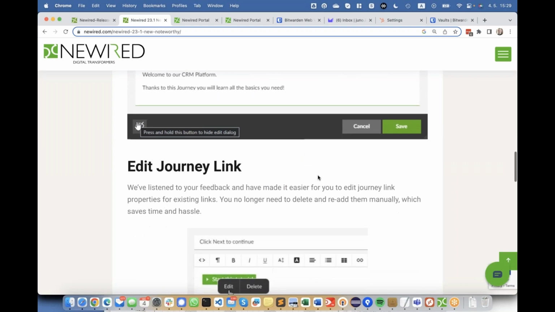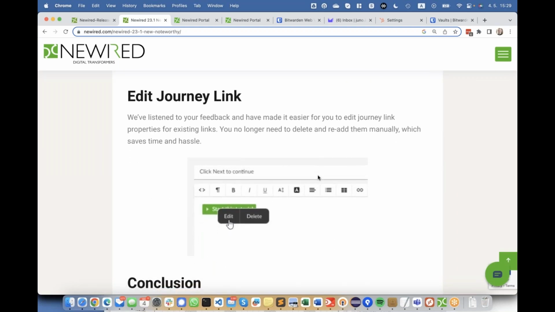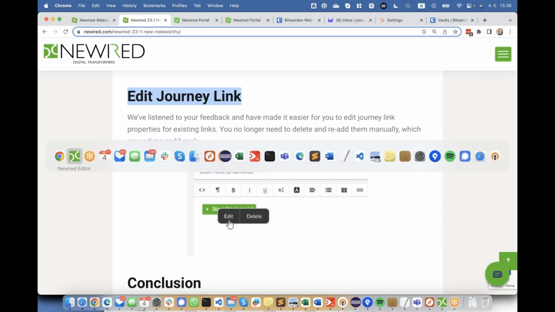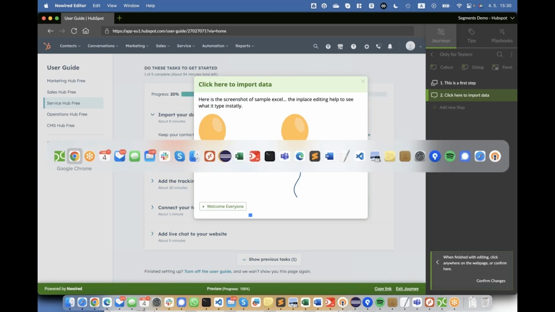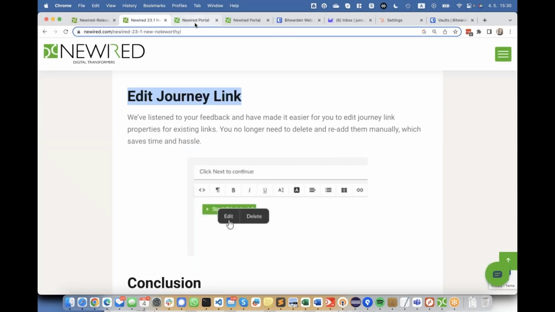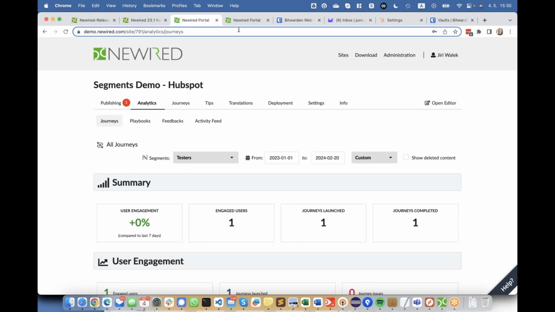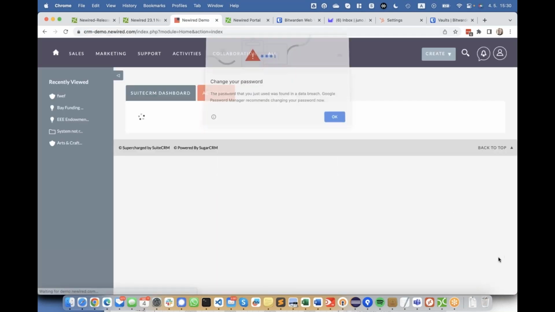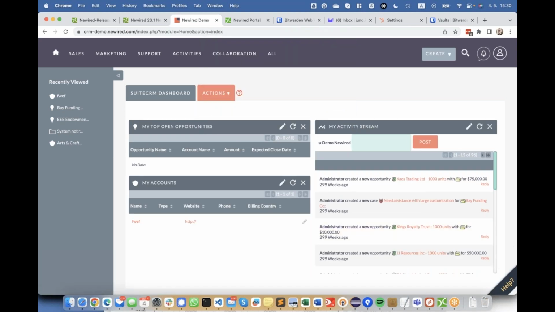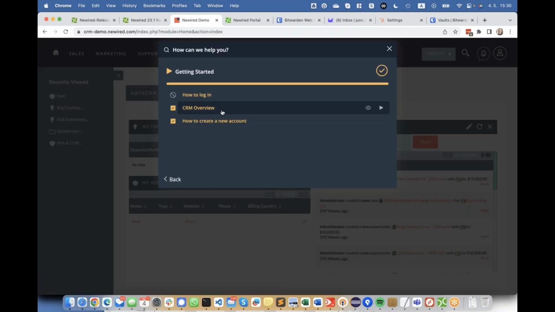Now there is something more, because we really always listen to our customers, and we want to speak as well about the so-called journey links. So what are the journey links? The journey links enable you to connect journeys together. There is a very nice example when we go to our CRM demo platform. So if I go to crmdemo.newired.com and we run the first journey called CRM overview,